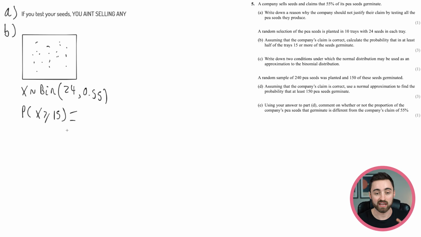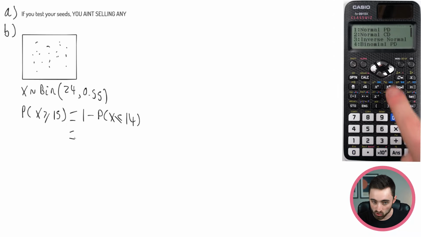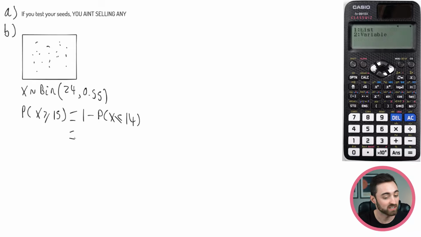Now, my calculator only gives me less than or equal to binomial probabilities because I've not got one of those really posh ones. So I'm going to do 1 minus the probability that X is less than or equal to 14. So now what I do is get to my calculator, go to Menu, Distribution, Binomial CD for cumulative distribution, Variable, stick your numbers in. X is 14, N is 24, and P is 0.55. Put that into the calculator, and I'm going to get